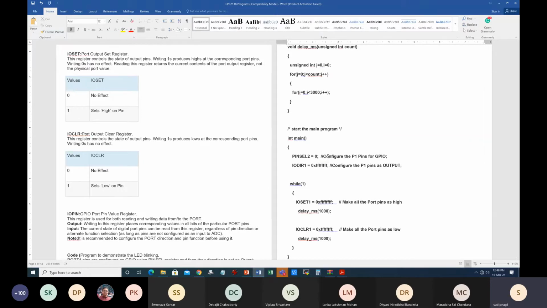So you can simply write 0, because port 1 is only available for P1.16 until P1.31. P1.16 to 31, that means the upper 16-bit lines are available for this port 1. So I think we had seen that in the user manual. And if I write pin select equal to 0, obviously it is influencing the lower 16-bit as well, but lower 16-bit is not connected anywhere, so obviously it doesn't make any difference.